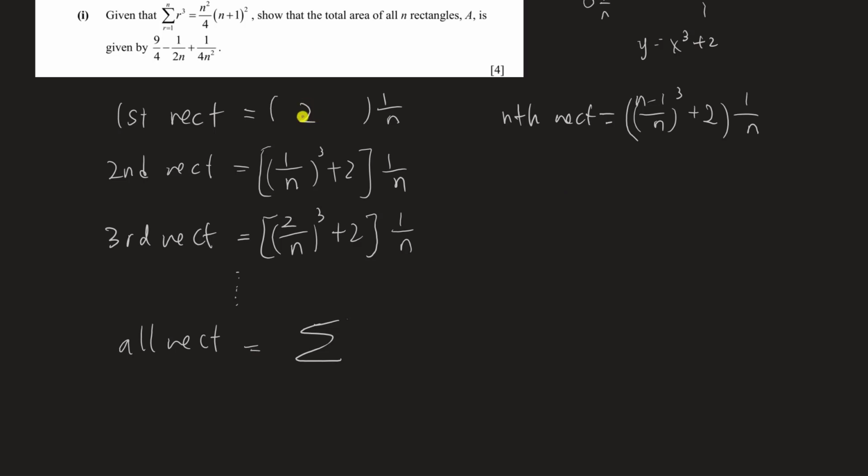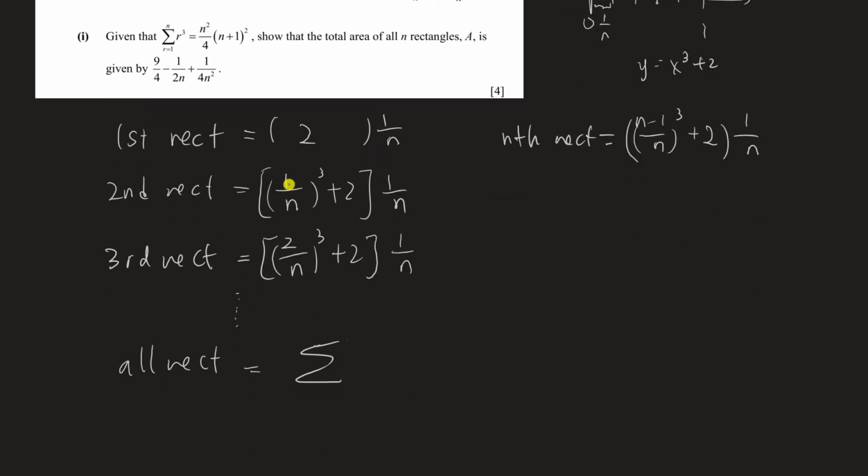This number 2 here is the issue, because this is just 1 over n cubed, 2 over n cubed. The next one will be 3 over n cubed, so on until the nth, which is n minus 1 over n cubed, right? So I have to rewrite this as this for a more consistent formula later. So now once you have written the 2 as 0 over n cubed plus 2,